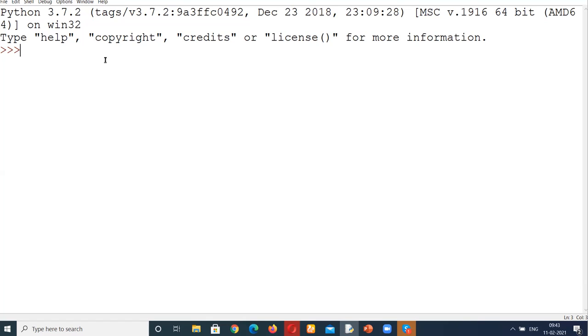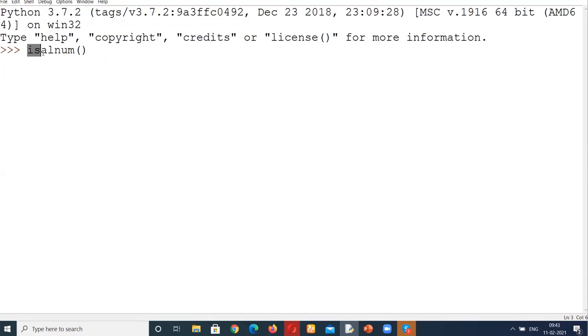The very first function is isalnum. Now, what is the meaning of this? See, with the name only we can understand that it is basically going to check for something.